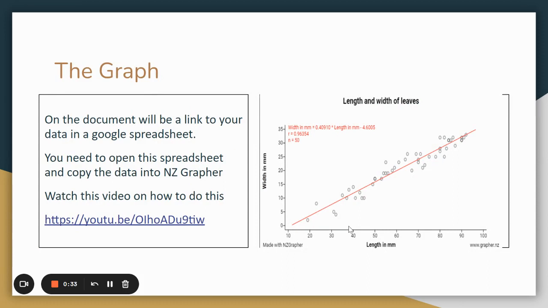First part of this part will be to draw your graph. So you've got to show that you know what kind of graph to draw and how to do it so it makes sense, so that somebody can read it and work out what you're talking about. So we do that by using NZ Grapher, and you'll have a link in your second document to the Google spreadsheet that you'll be able to do this with. So if we have a look at the example,